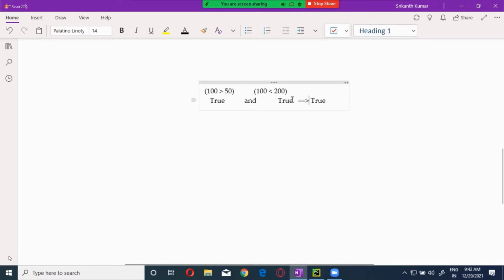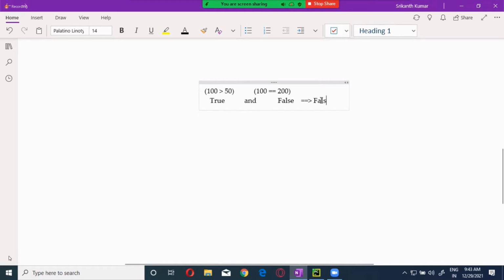For example, I'm giving 100 is equals to 200. This is a false statement, so this one is false. When both statements are true and we use the AND logical operator, the output is true. If any statement is false, then the total output will be false.